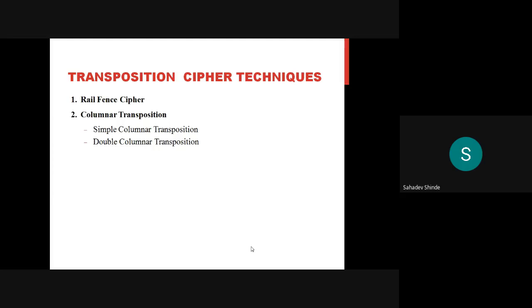In the columnar transposition you can increase the number of steps, which increases the complexity level of this cipher technique. But you can consider only up to simple and double, no need to go further here. First we will study the rail fence cipher.